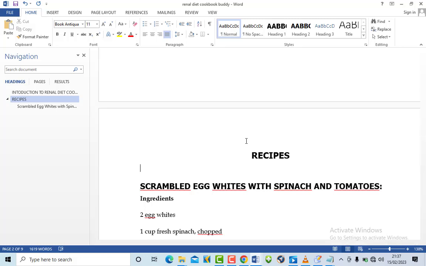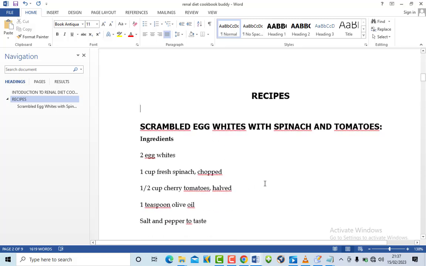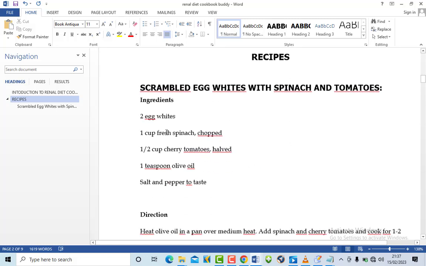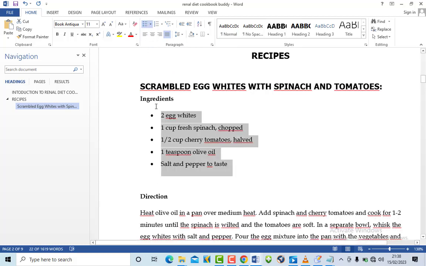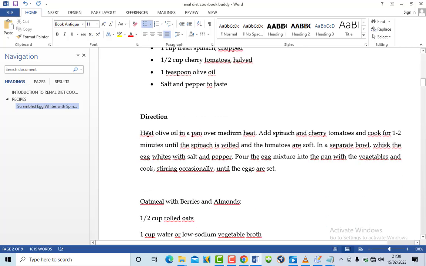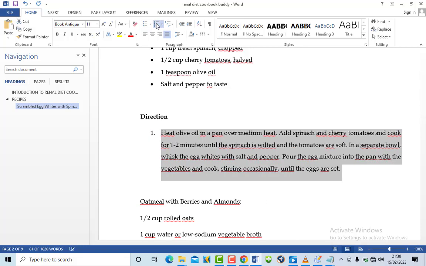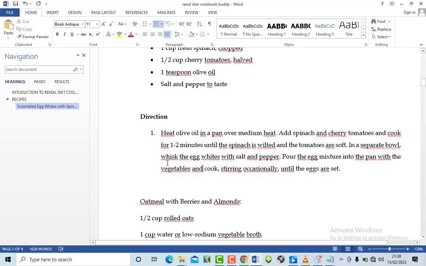I left the space between recipe and the main recipe names here. So after doing that, I'll come to this place, I'll highlight what is here, and I'll select these bullets. By the time I select bullets, you can see it has already given it some bullets. And then if I select this and select number, you can see, even though everything is on the same paragraph,